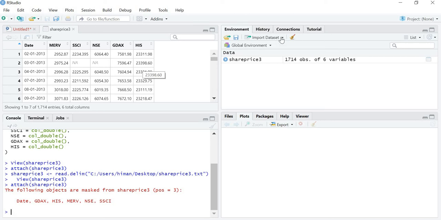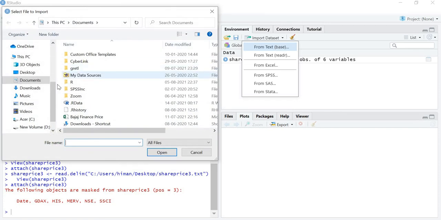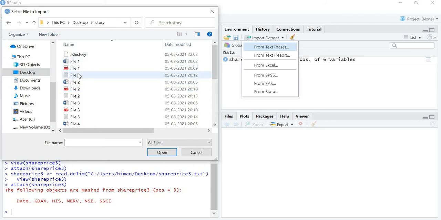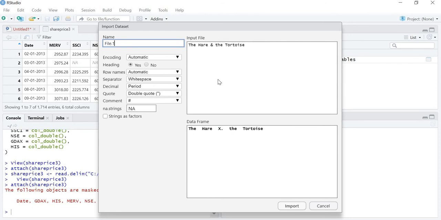Let's say I want to import one of the files which is a text file. Let's say I want to import this text file over here. Now in this text file I have just written the hare and the tortoise. Now see what R is reading.